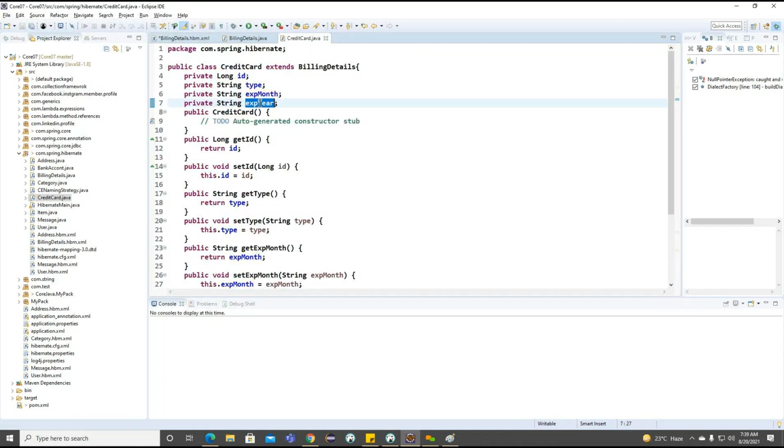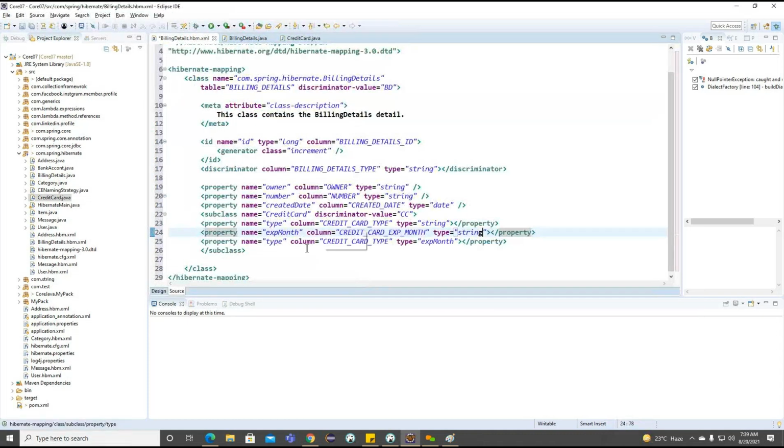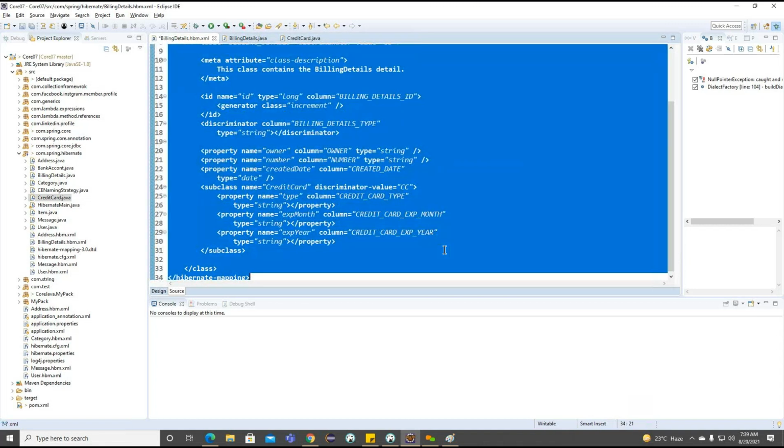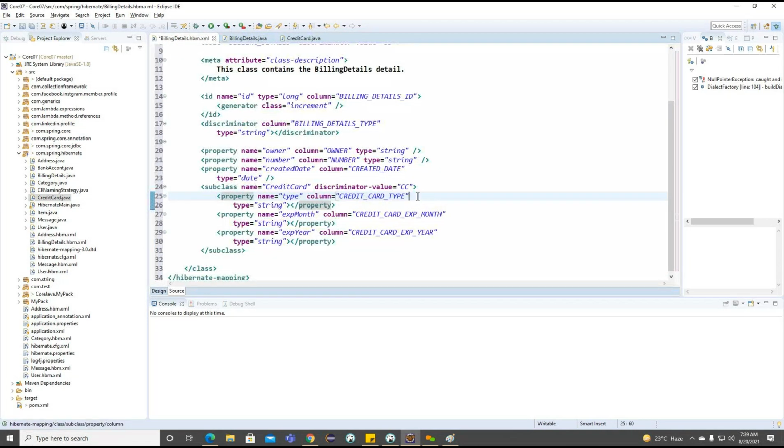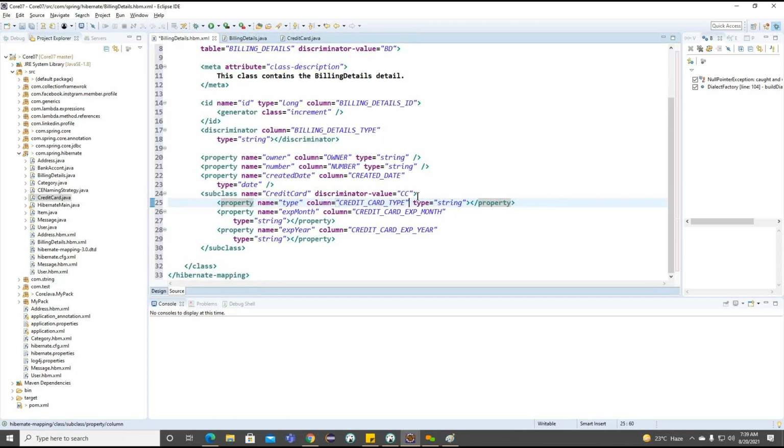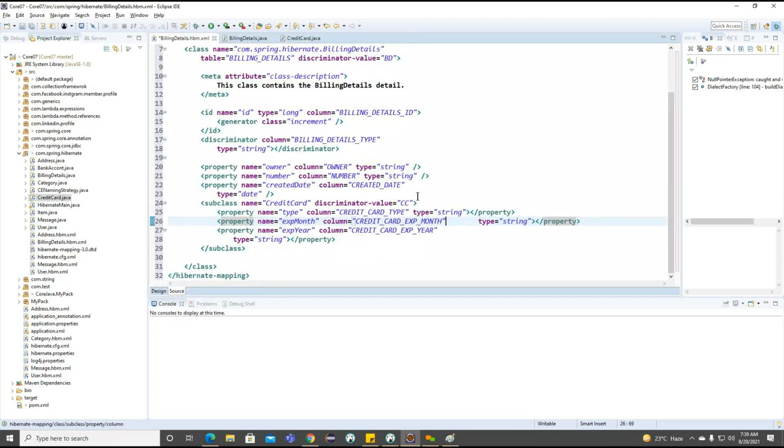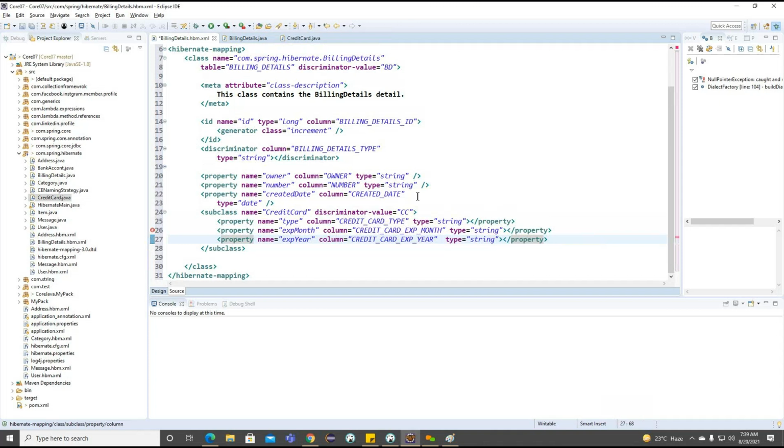And finally, we need to work on the expiry year. Getting the point. These are the information here. Right? Now we created credit card here.